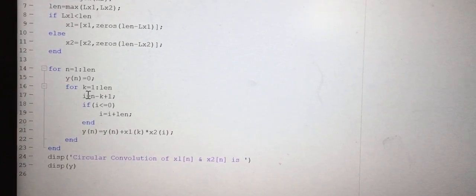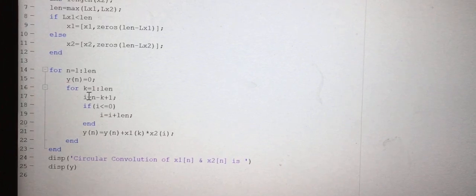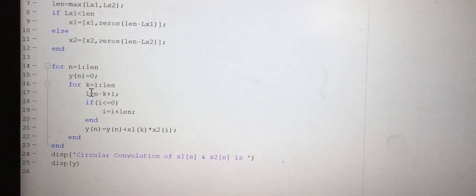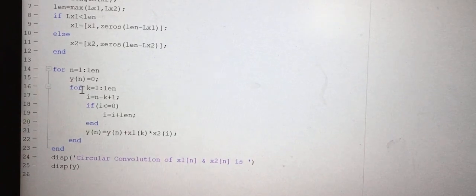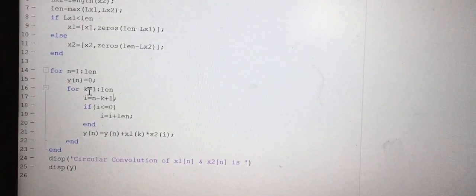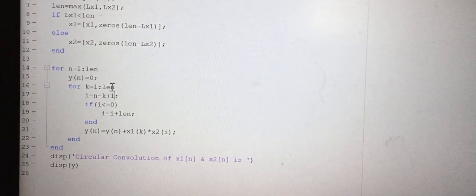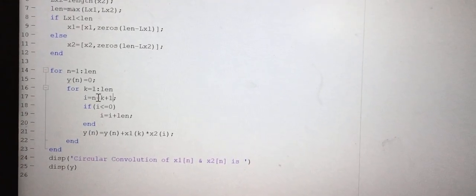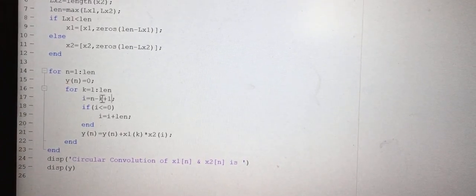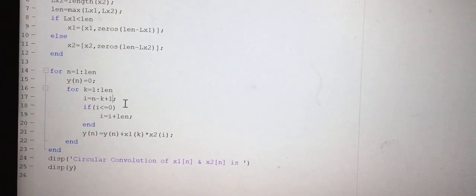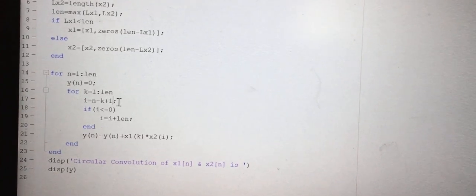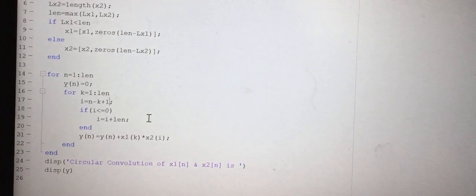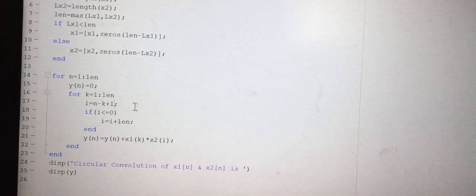Now we have to calculate n minus k, that is the index of the second sequence. Giving k equal to 1 to length, the index I will be equal to n minus k plus 1. This will be the equation to generate the index, because the equation is h of n minus k.